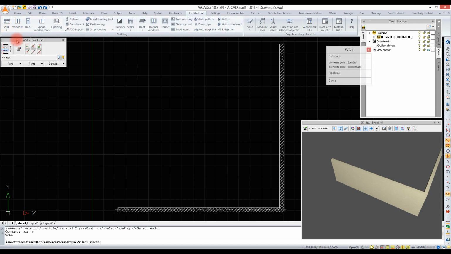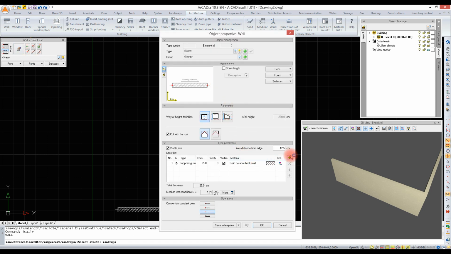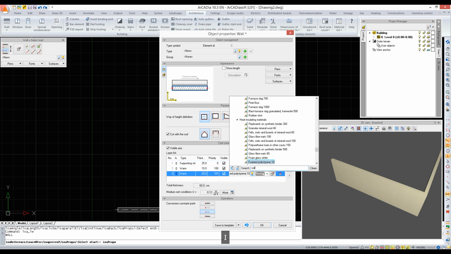Alternatively, we can insert a ready multi-layer wall. We enter its properties and define the layers, such as foamed polystyrene, for example. We can change its thickness and add another layer. A material can be found in the global library by typing the beginning of its name in the search text